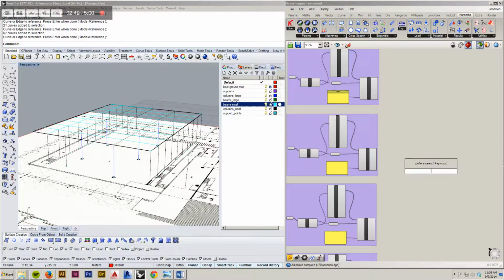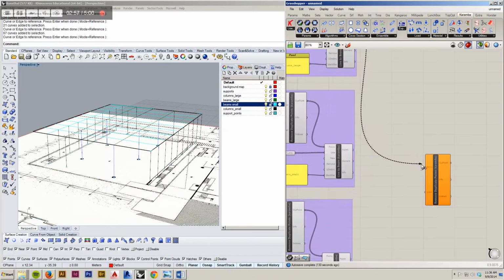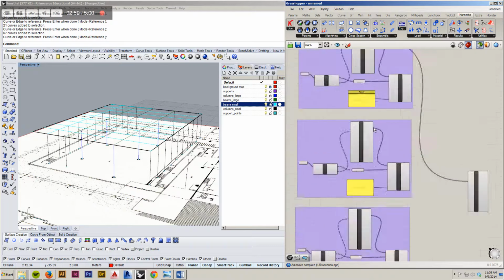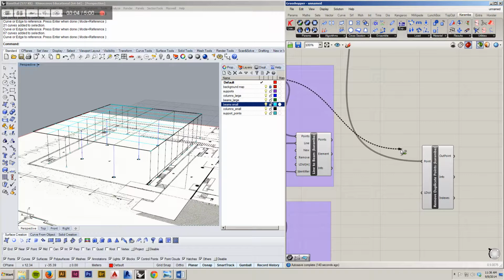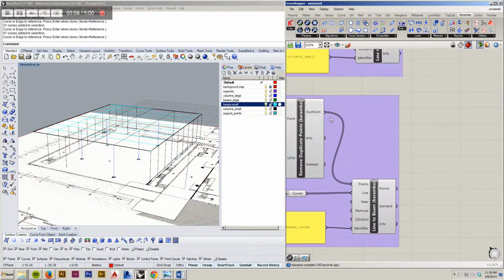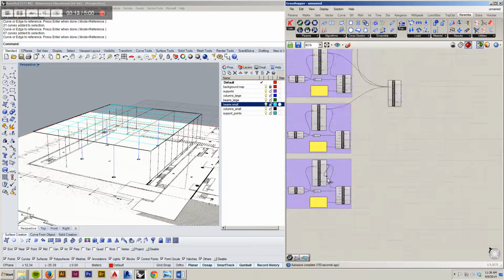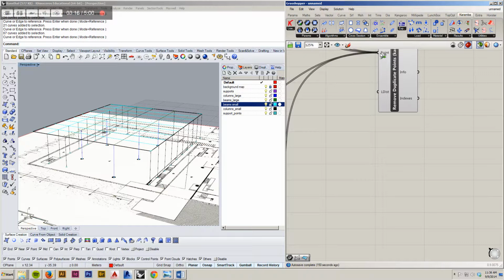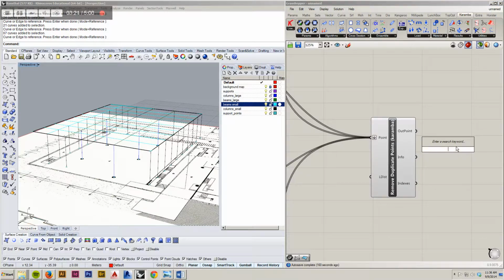And then real quick, so we know where all the points are, I'm going to do one more remove duplicate points, and I'm going to pull from out point into the point command. And I'm going to do this for all of the 4 types of elements, and hold shift so you can see the plus sign showed up on my mouse, and attach it to points. This allows you to put more than one input into one input option. I'm going to do this one more time, holding shift, and then right click point, flatten because there's so many points coming in, and then point